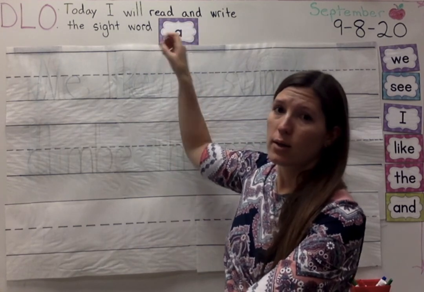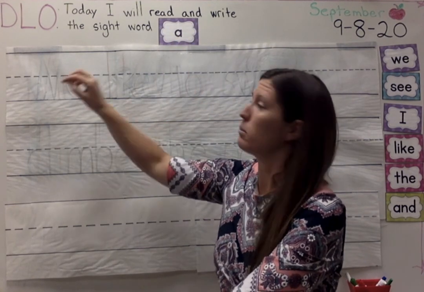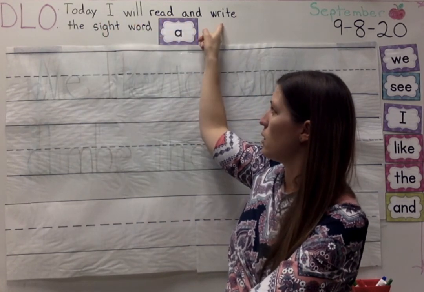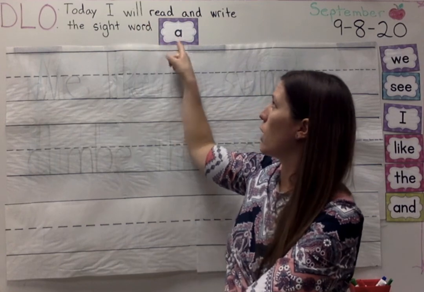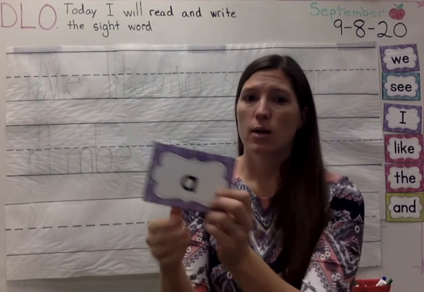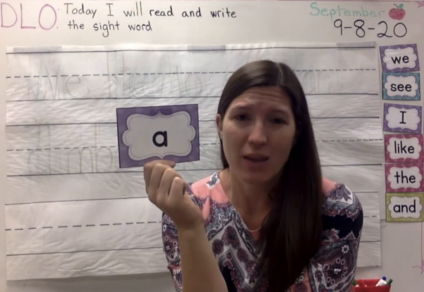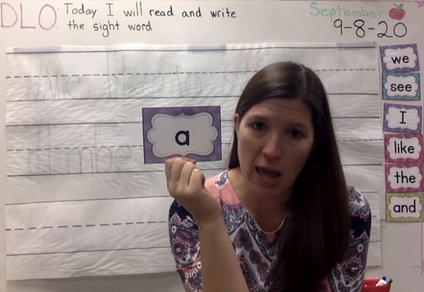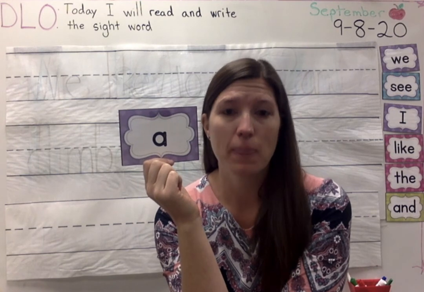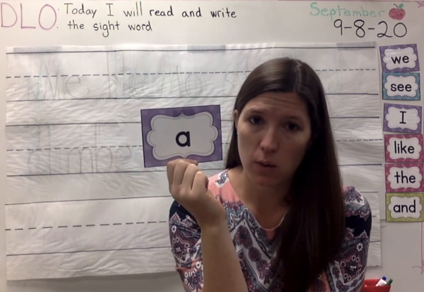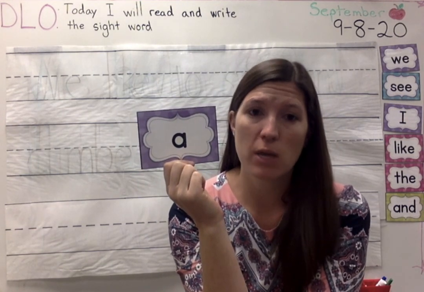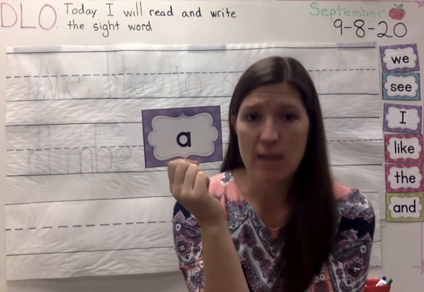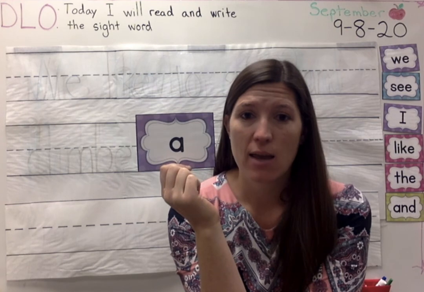Let's read it one more time together and then I'll explain. Today I will read and write the sight word. I know what you're thinking. Well, that's a letter. That's the letter A. Correct. It is the letter A, but when we use it as a word, it changes. We talked about almost every day that vowels make two or more sounds. A can say its name, A can say